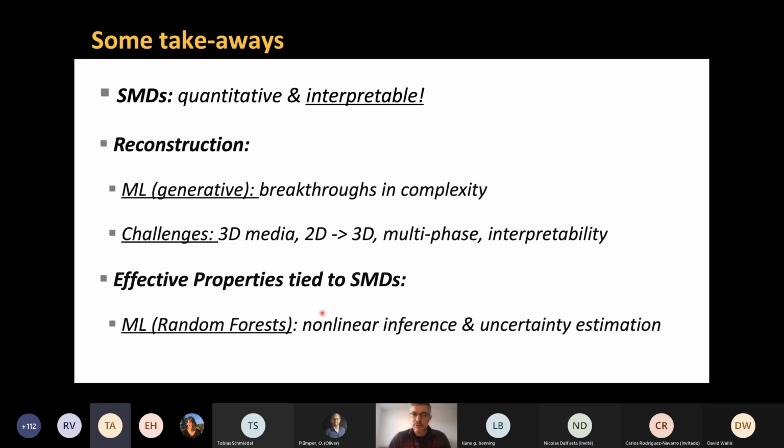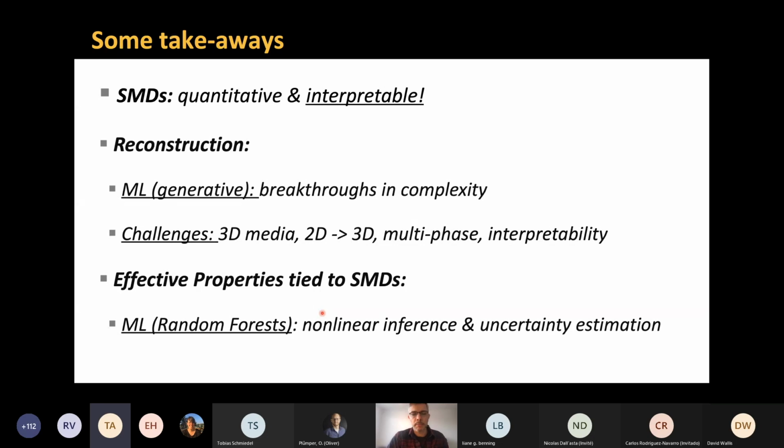The reconstruction problem is key for this, and the reconstruction problem for decades has been struck with the problem of high order correlations, and machine learning, generative networks in particular, led to breakthroughs in representing complexity, as I showed you through Harmed's work. There are still many challenges. Dealing with 3D structures is still difficult, and that's because of the computational nature of neural networks. We are specifically keen on looking at the 2D to 3D problem. So taking a 2D picture and trying to estimate a 3D structure from a 2D picture, very difficult problem.